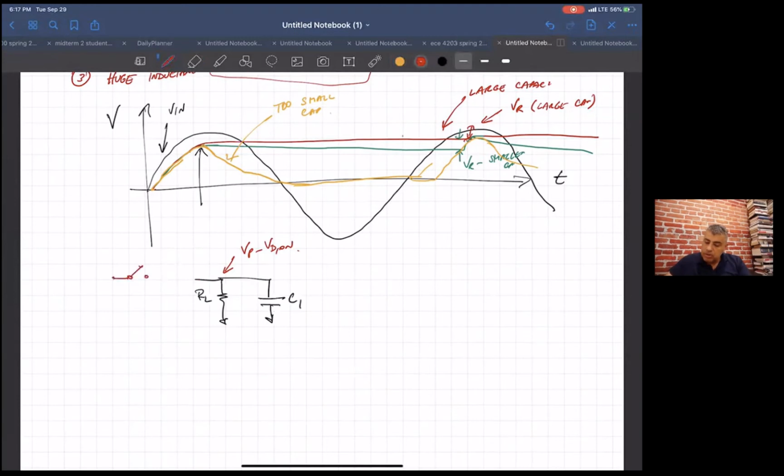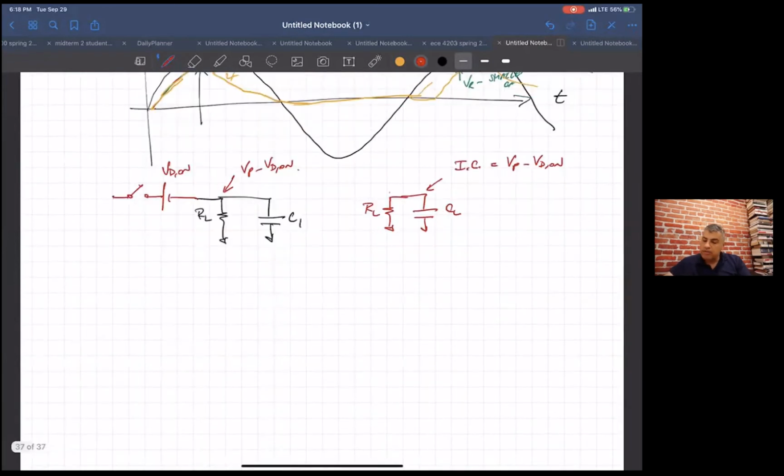Diode is turned off, and I have a battery here, and this battery is VD on. Now it looks like I have basically an RC from a time standpoint, with initial condition of VP minus VD on,